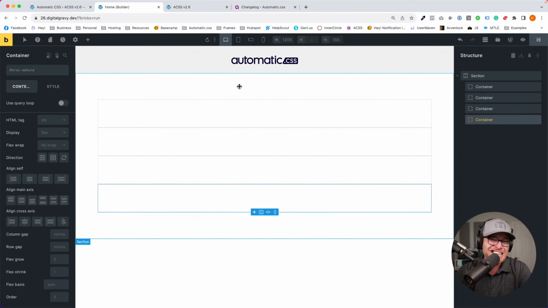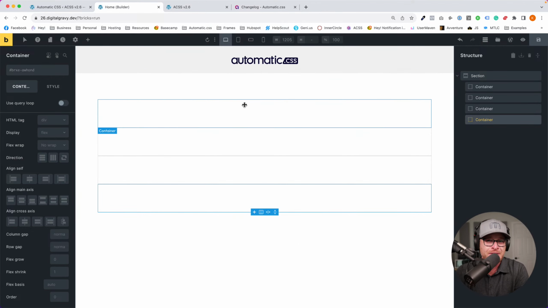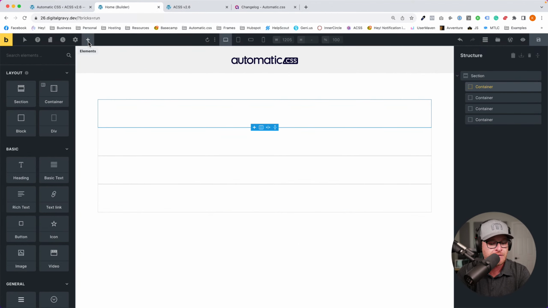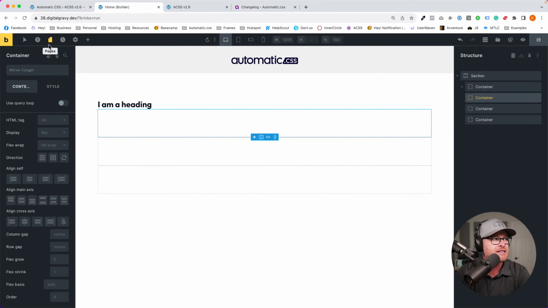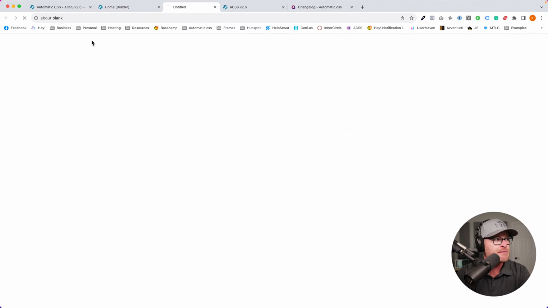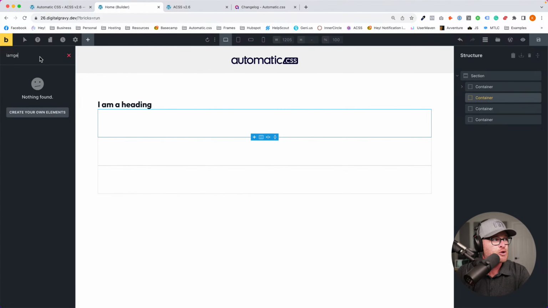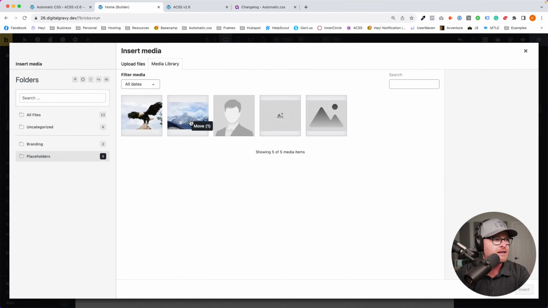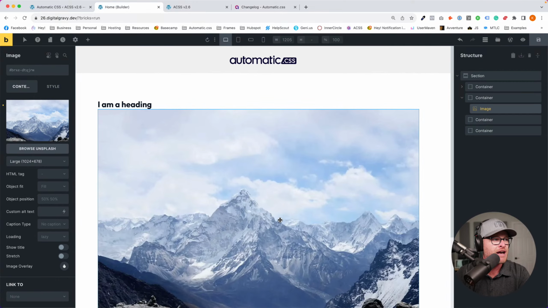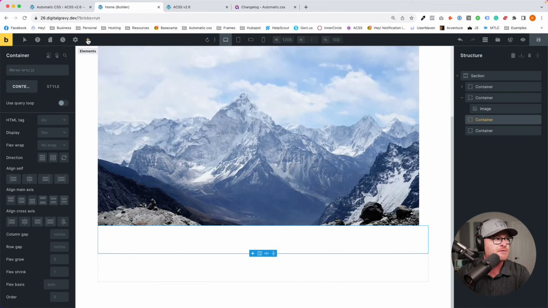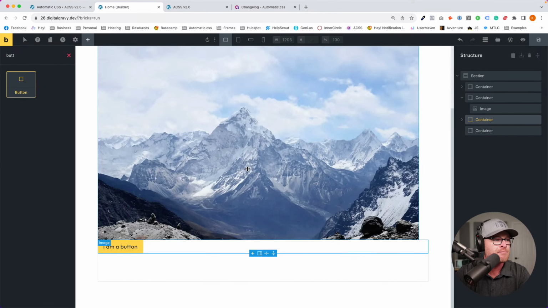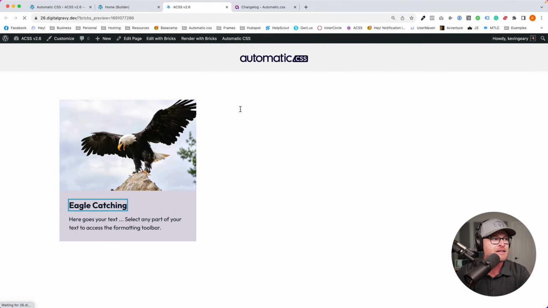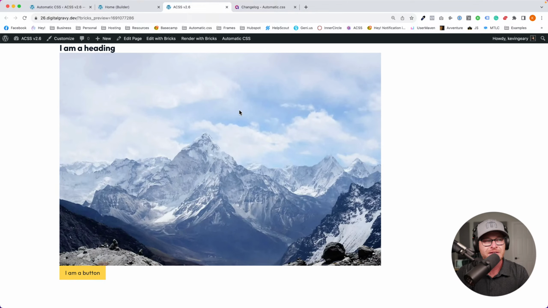They don't care. They are not socially distancing. We would ideally, in most cases, like them to socially distance, because if I put some content in this one and I put some content in this one, like maybe I throw an image in here, there you go. Put this in right here, save. And then down here, here's my call to action or something, like my button. I mean, this is no good, right? We don't want everything touching each other.